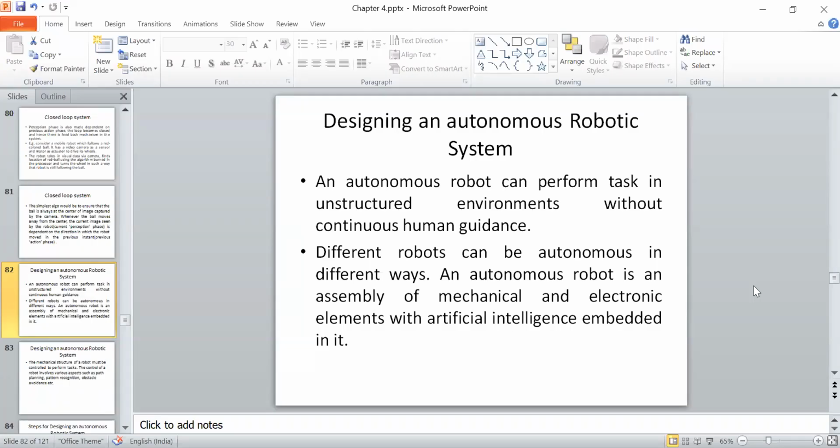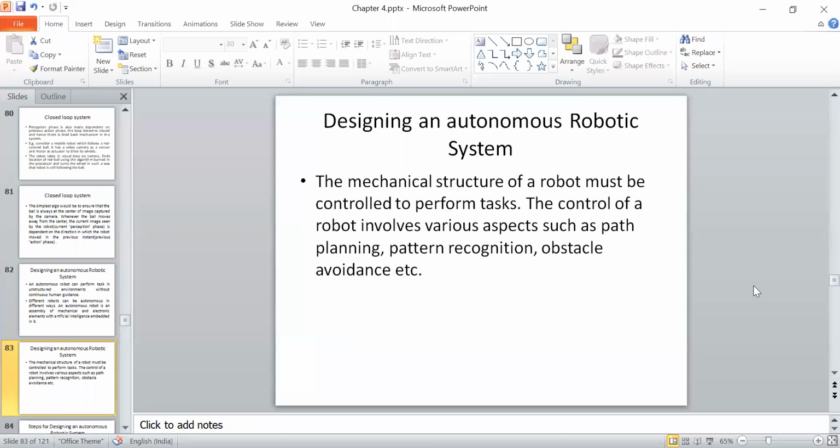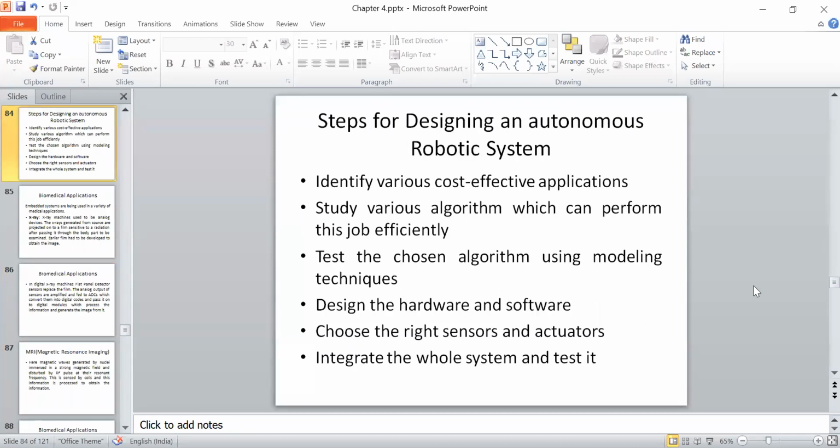So if you want to make those kind of applications, what you have to do in this particular case? To design this kind of robotic system, first of all we have to see what are the other robots available in the market. Say suppose you have a soccer playing robot also, so that kind of robot also you can use in this mining application. ठीक है, तो वो भी यूज कर सकते हो, पर आपको ये देखना है कि उसको हमें किस तरीके से फाइन ट्यून करना पड़ेगा.